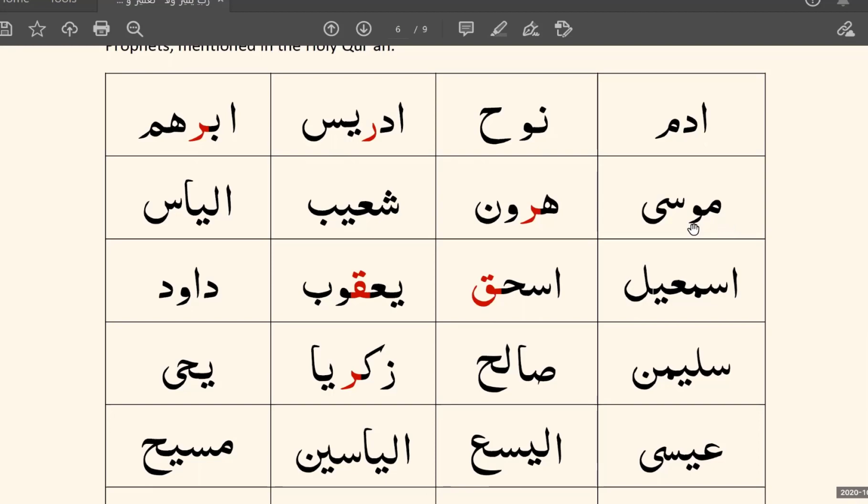Mim, Wa, Wow. Waw, Sin, Ya, Ha, Ra, Waw, Nun, Shin, Ain, Ya, Ba, Alif, Lam, Ya, Alif, Sin, Alif, Sin,